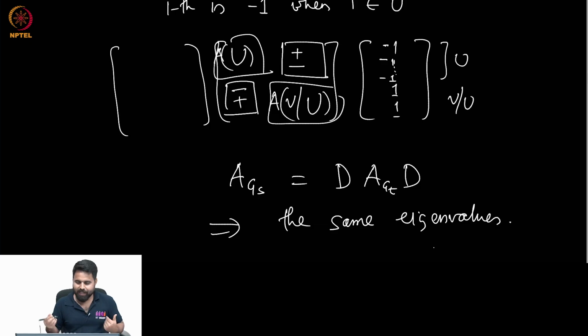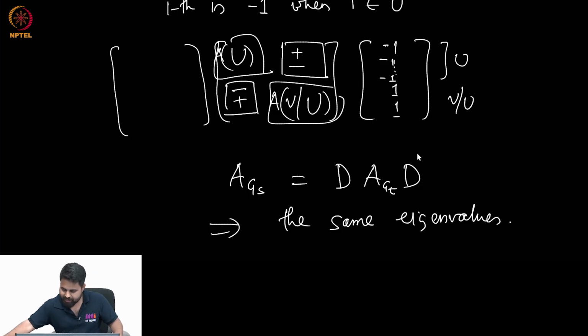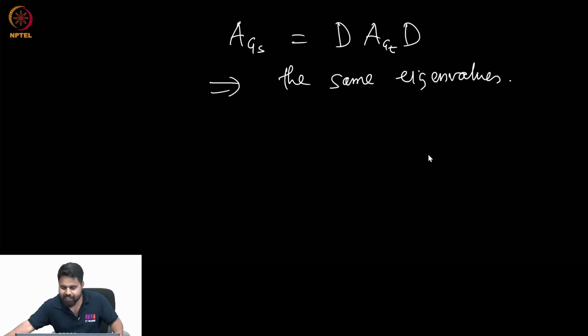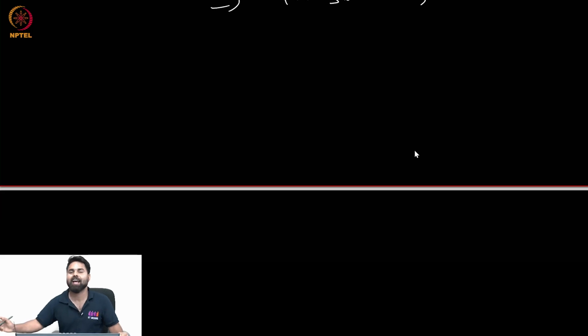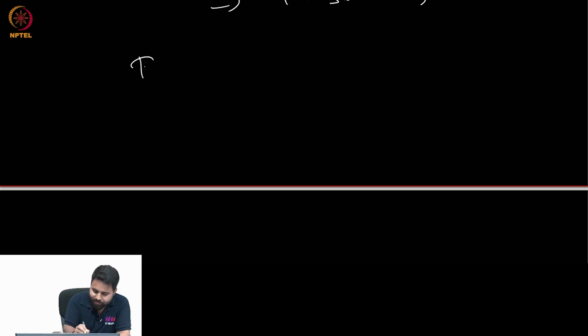Very simple. We will make very beautiful use of this small result very shortly. Okay, has the same eigenvalues. Very good. Now the next result is actually about comparing the largest eigenvalue of a signed graph with its unsigned version, basically the simple unsigned graph. Okay, very good. So theorem,